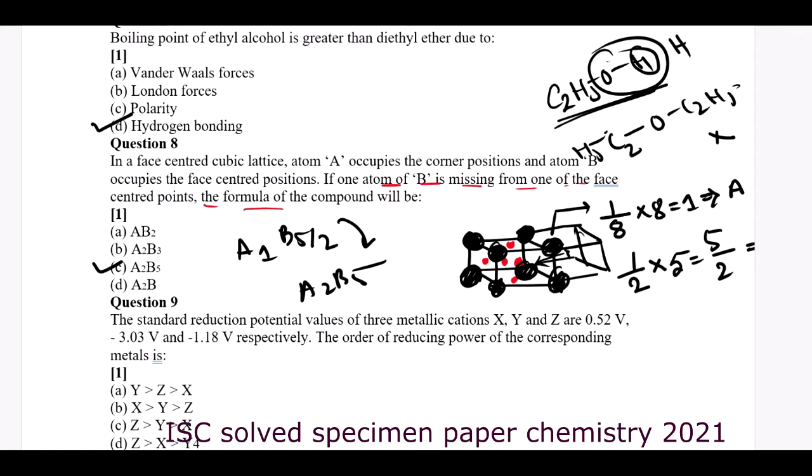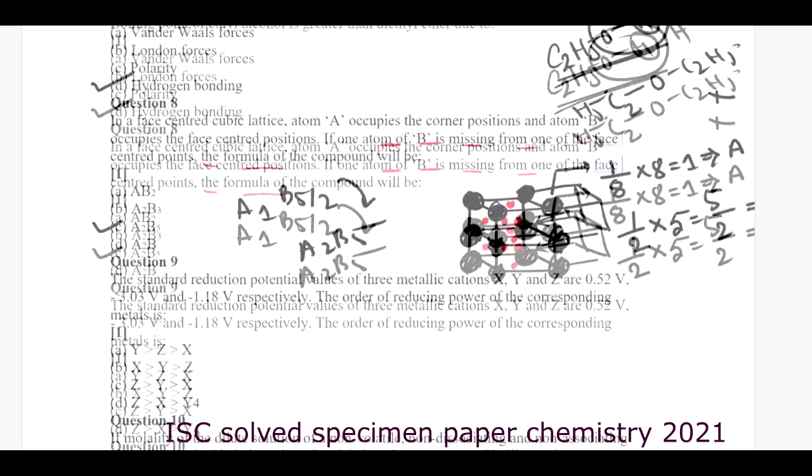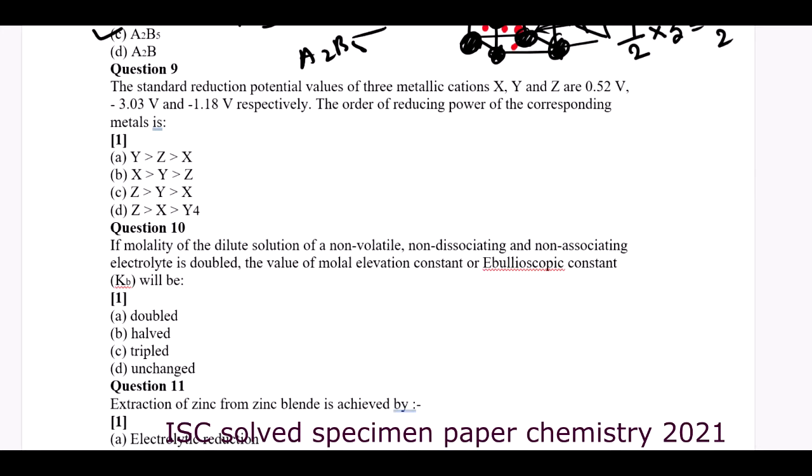The standard reduction potential values of metallic cations are given for X, Y, Z. As we know, with increase in positive value of standard reduction potential, the characteristic to get reduced increases,